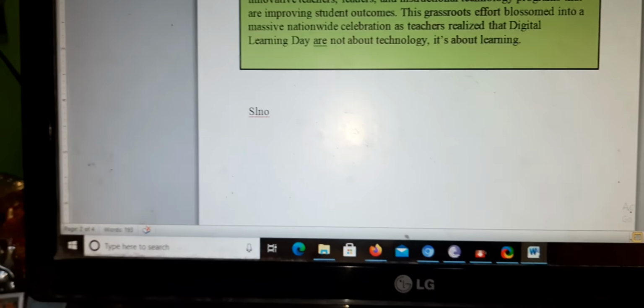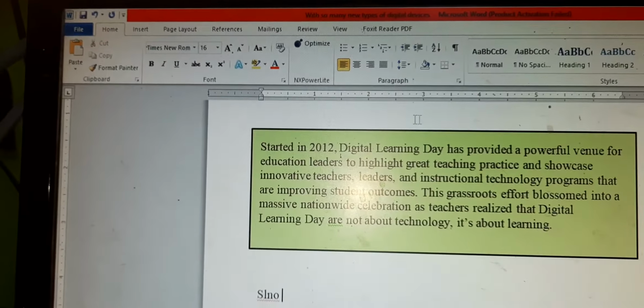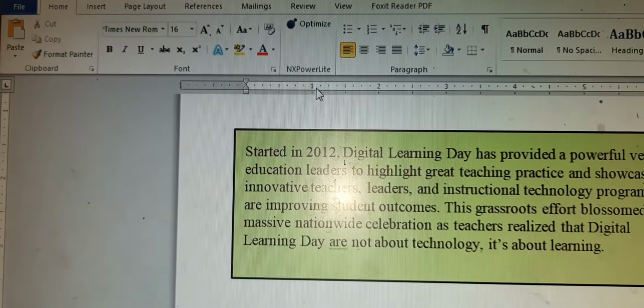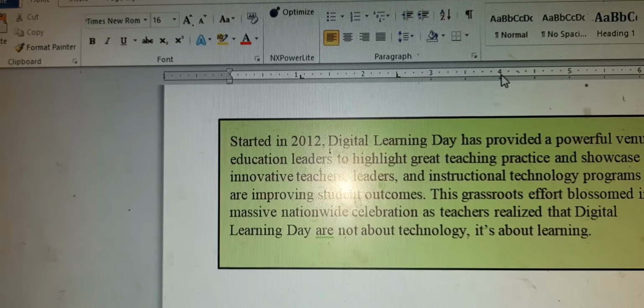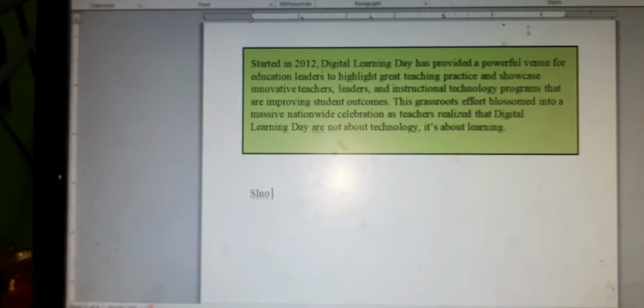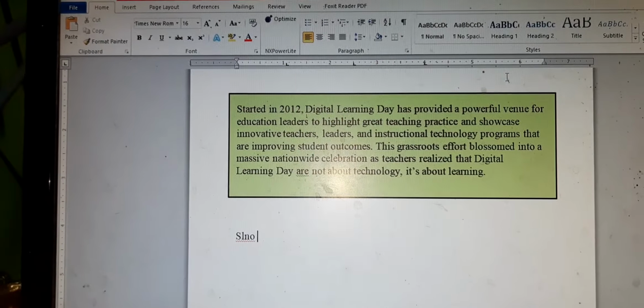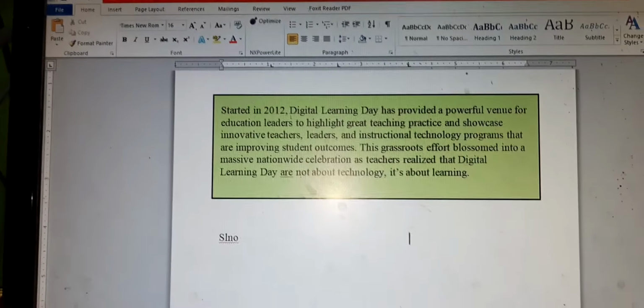So you can go for setting the tab here first. In the border you can set the tab, this is one tab, this is one tab, and this is one tab. Now if you press the tab key from your keyboard, that is one tab, that is one tab, that is one tab.